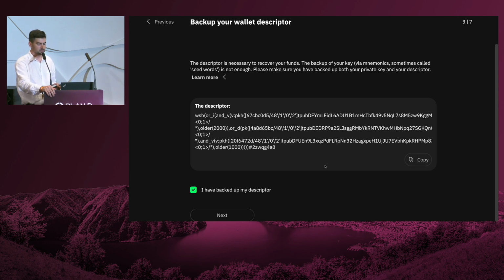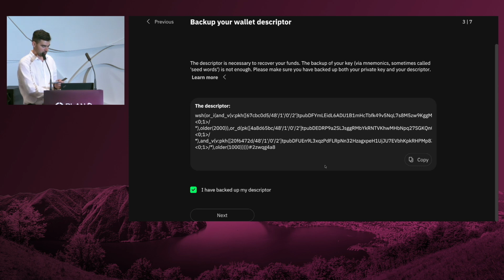Okay, so in the world of single sigs, of simple wallets with one signature, the equivalent would be to give your extended public key. So whoever has access to this descriptor can monitor your activity. He knows what's going on, because you can create watch-only wallets. So it's a loss of privacy, but it's not a loss of funds. If you give the descriptor to someone, he will not be able to spend because he doesn't have the private keys that are necessary to create the signatures. Okay, so it's a loss of privacy, yes. Okay, thank you very much.